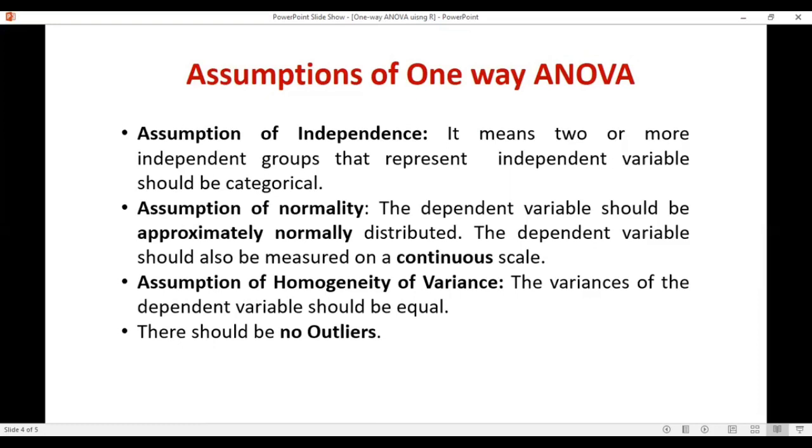Next is the assumption of homogeneity of variance: the dependent variable should have equality of variances. And there should be no significant outliers in the dependent variable with respect to the categories of the independent variable. So friends, these are the assumptions which we need to test before applying one-way ANOVA.